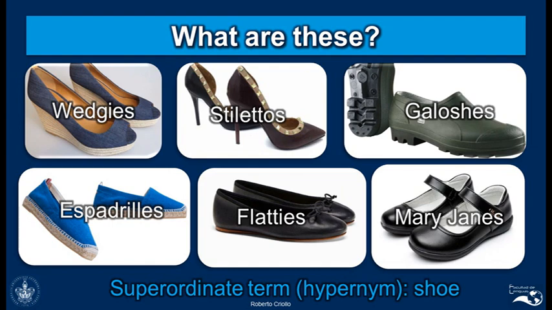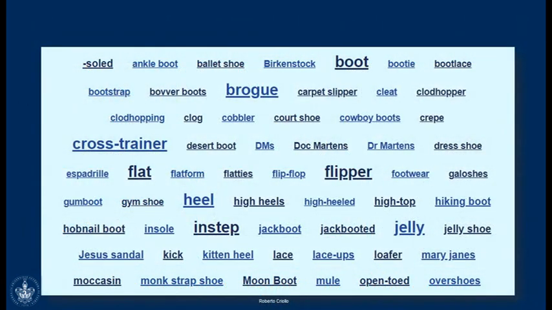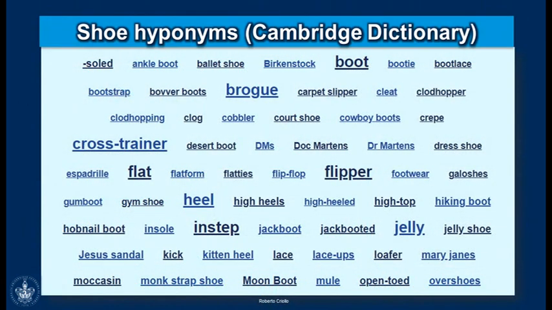So all of these words are hyponyms of shoe, which is the superordinate term. So this means that there is a general term and then different names, different examples that represent each characteristic of different shoes, which we call the hyponyms. Normally, in dictionaries such as the Cambridge Dictionary Online, we'll find a great number of hyponyms and related words in the same semantic field.